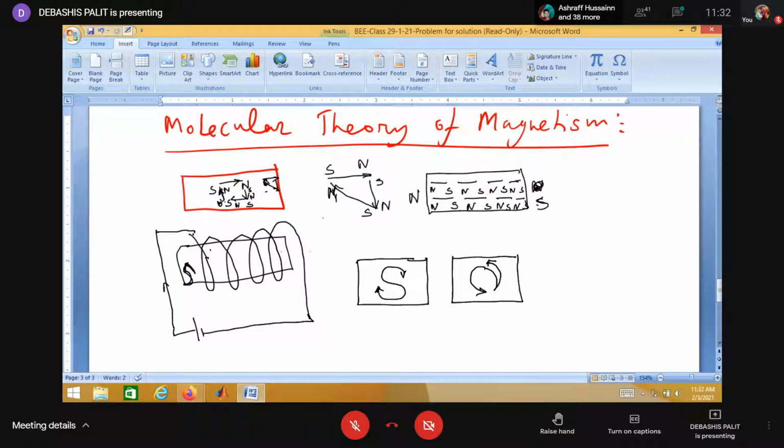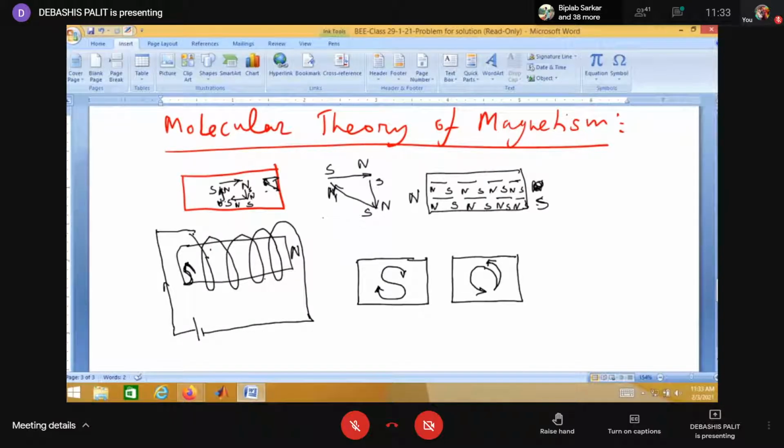and if on the other side it is anti-clockwise direction, then this pole comes as the north pole. So this is also applying a magnetizing force by the solenoid coil. This can make this random orientation into parallel orientation. Then it can be formed into a magnet.